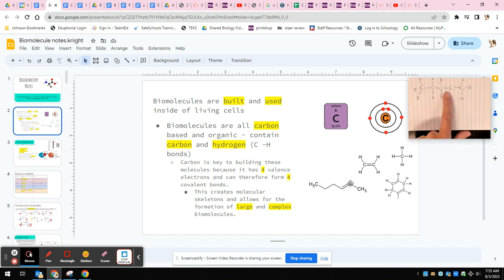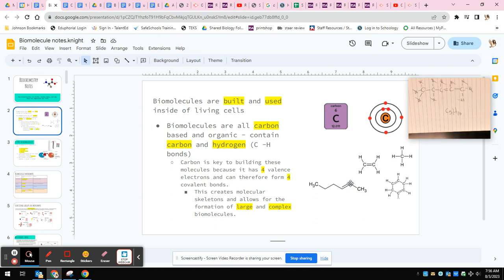Okay, so now let's look at this carbon right here. It has 1, 2, 3 bonds, so it just needs one more hydrogen. So this is where I messed up right here. This carbon has 1, 2, 3, 4, 5 bonds. That's not possible, so I have to get rid of one of the hydrogens. And so now you could say, what is the molecular formula? You would say 1, 2, 3, 4, 5, C5, H 1, 2, 3, 4, 5, 6, 7, 8, 9, 10,